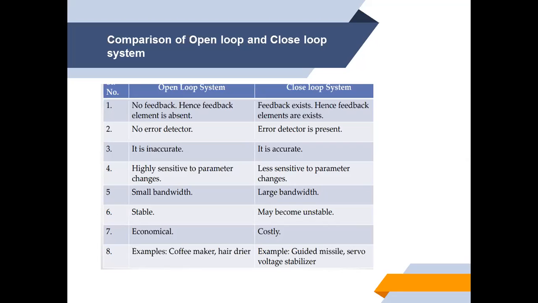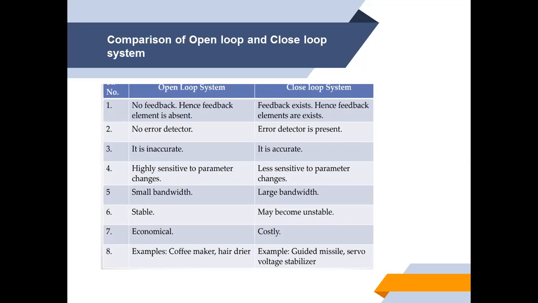Now coming to the stability, open loop system is a stable system. In this case we have an input signal, the open loop control signal, and an output signal, and the system is stable, as whatever output we are getting, it will be stable. But in closed loop system, the output is changing every time. Whenever there is a difference between the actual output and the desired output, again and again the control action will take place, and again the output is changing. So in that case we can say the closed loop systems are unstable.